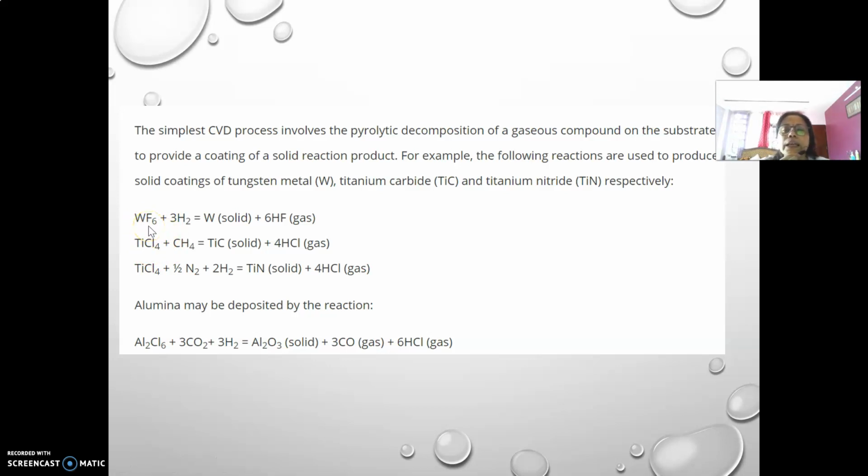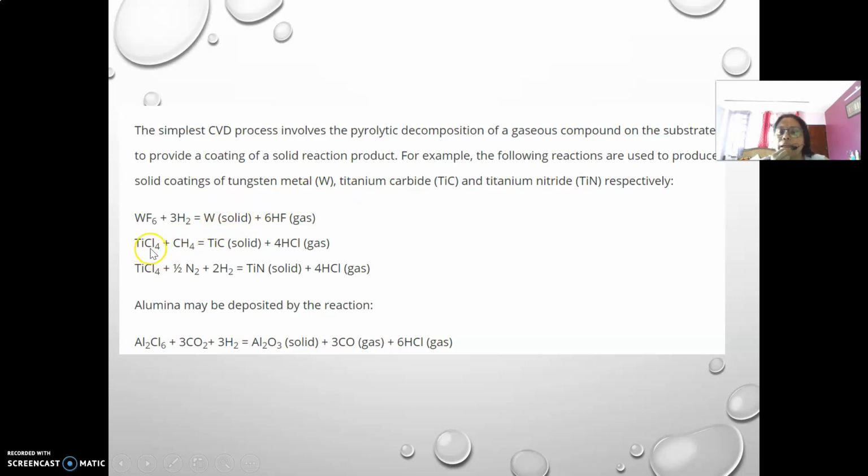it will not decompose easily. If we take the tungsten metal and allow it to react with, suppose this is A and this is B, we are allowing A to react with B so that we will get back the metal in the solid state, and we will be having hydrogen fluoride. Since this is solid, it will not break down, it will be in the atomic state, but the hydrogen fluoride produced will be in the gas or in the vapor phase, so it can be taken out easily. This will be in the atomic state.